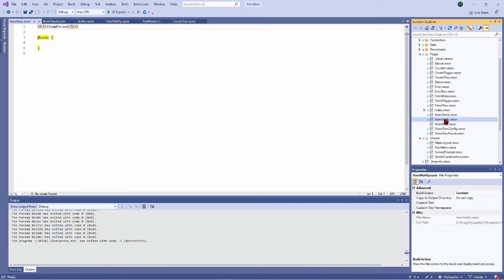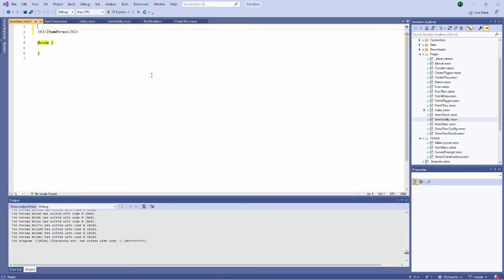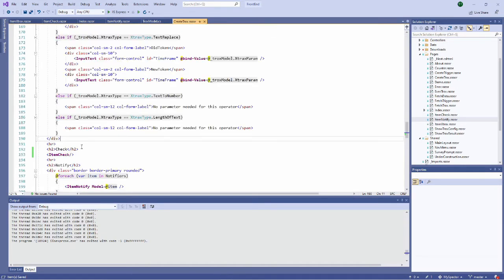Nice. Then I go to the item notify to take all the using. I come back here like this. I will just for fun put here some plus. I double like this. Okay. And I will come back to the create trox.